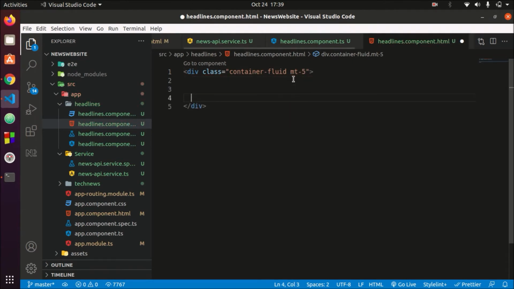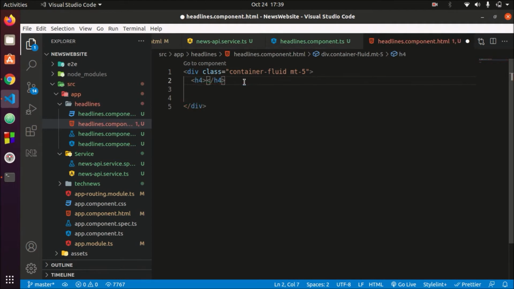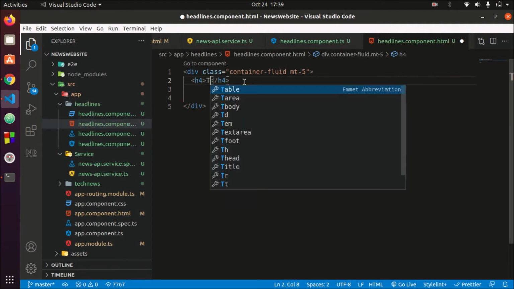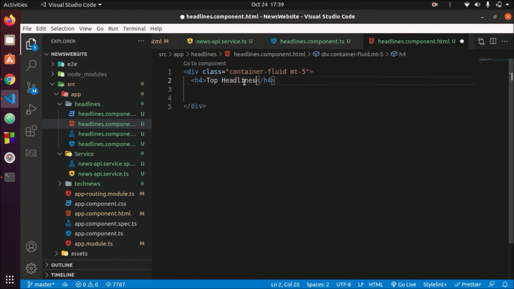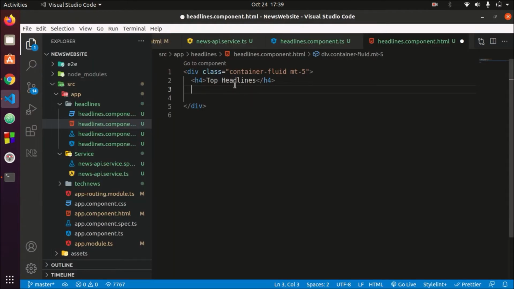If you want to know what I am doing, you have to learn a little bit of Bootstrap so that you can understand what I am doing here. Now let's give some headline for top headlines. Let's see the output, if it's showing top headlines. Yeah, it's working. Now let's do one thing.